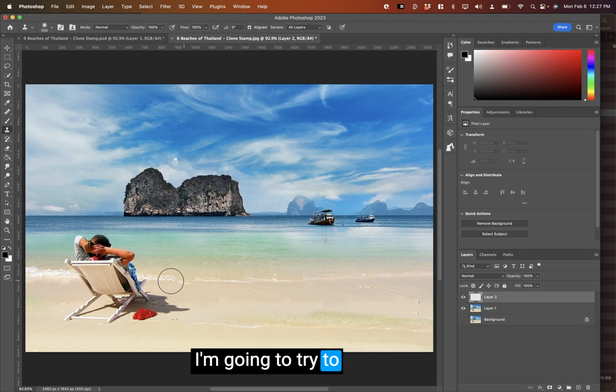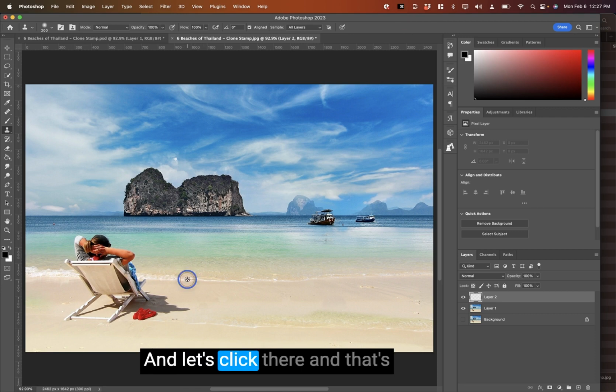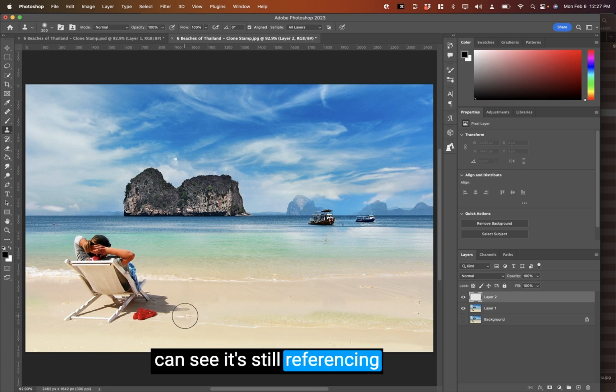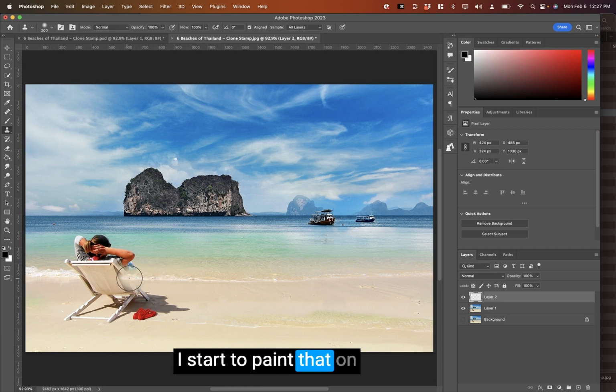I'm going to try to paint over this person with the clone stamp. So I'm going to hold my Option key down somewhere here along this water line, and let's click there, and that's going to now take that piece. And as I move over here, you can see it's still referencing this spot right here. But as I move over and I start to paint that on, and again, I'm just going to use small brush strokes to try to remove this person from the background,